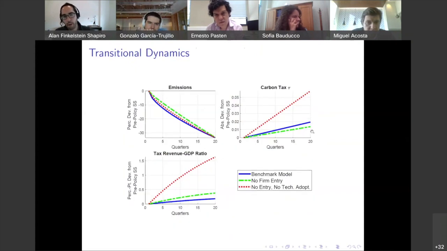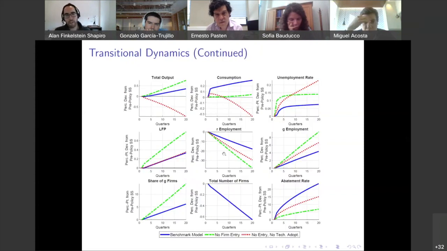This is just to say how much weight we're putting on these results. I think it's more about understanding the role of an important adjustment margin that hasn't really been considered in the macro climate change literature, which is this idea that, hey, you can actually adopt new technologies that don't pollute as much, and that has implications for how we think about carbon taxes. Now, in terms of the transitions, one interesting thing is that